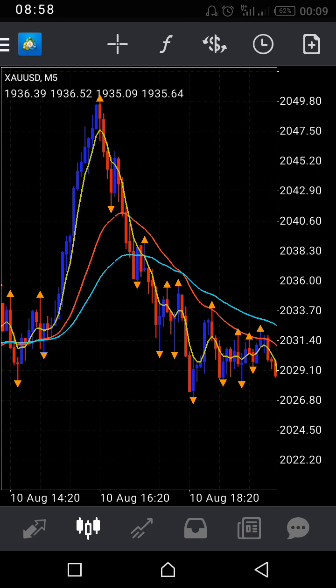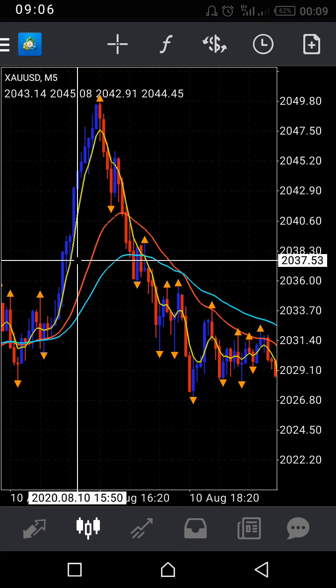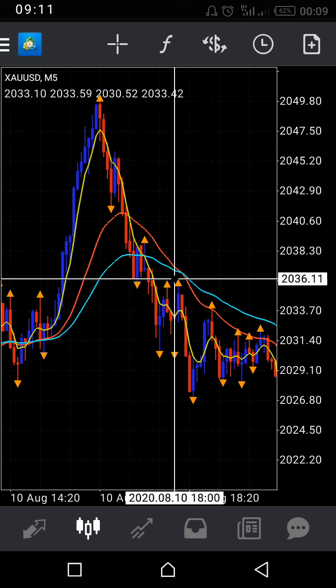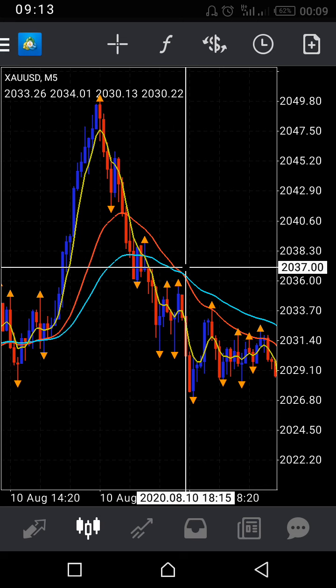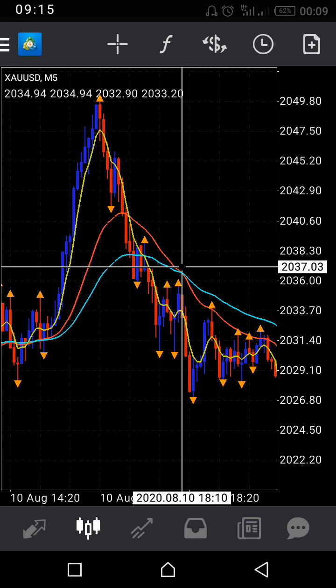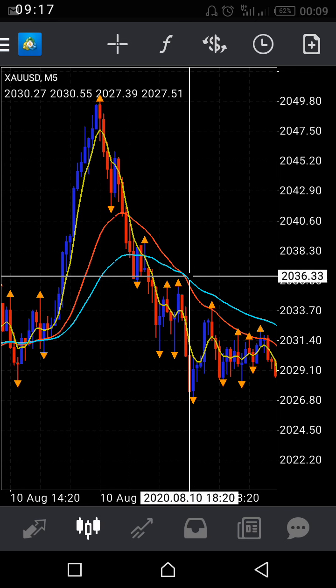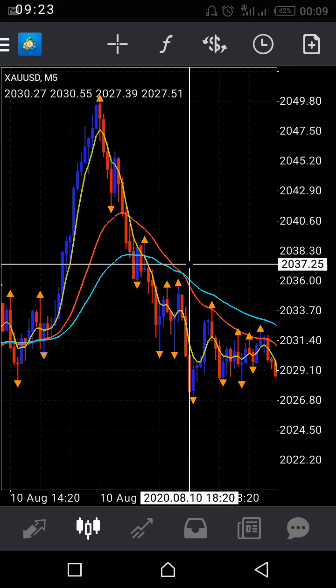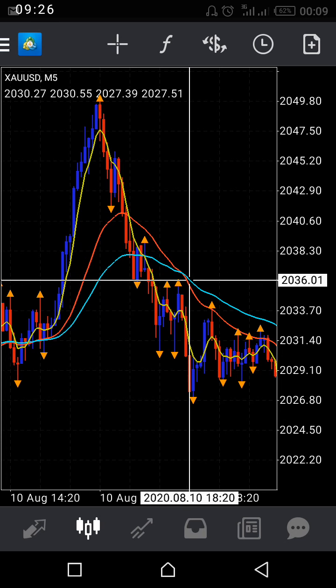Now where would you re-enter? Where is your re-entry point? You can re-enter at this point, where we have a cross again between the light blue moving average and the red, and then you see this is a sell trade, this is a downward trade. So you can enter a sell here, and then